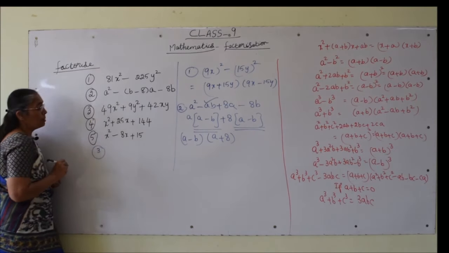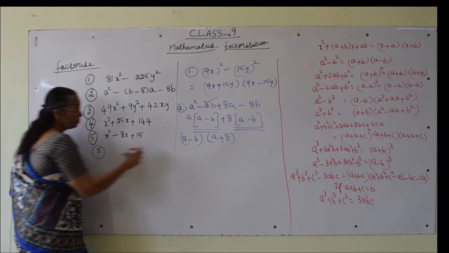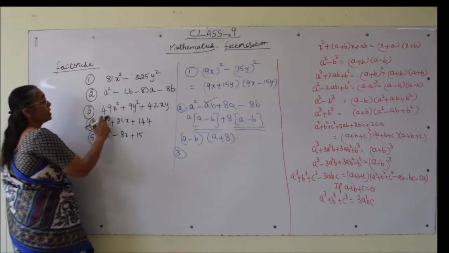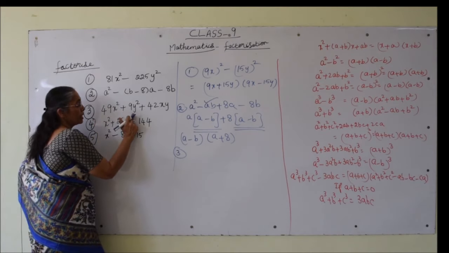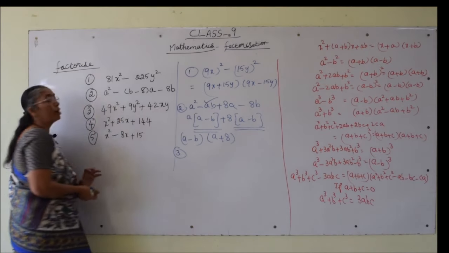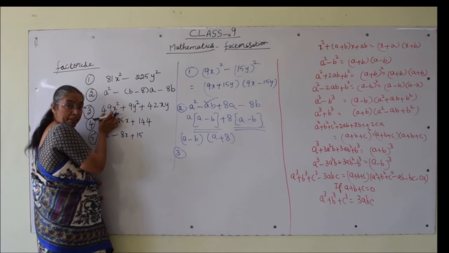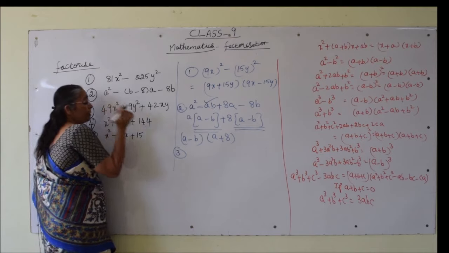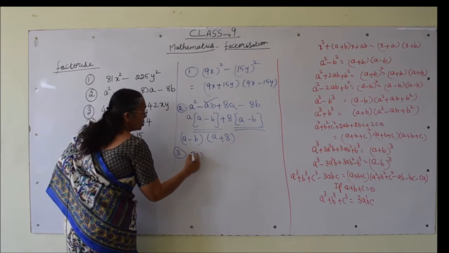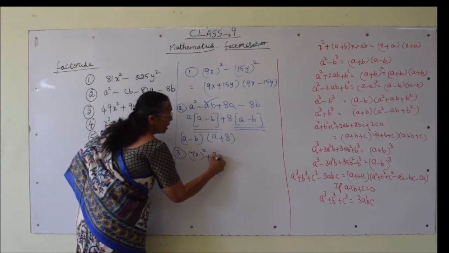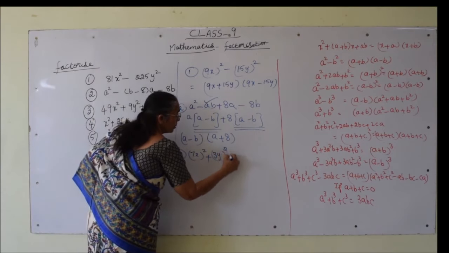Next, coming to the third problem. In problem number 3, let me do it here only. I will do the 4th and 5th here also. 49x square plus 9y square plus 42xy. We can see this first term is a perfect square. So I can write this as 7x whole square plus 9y square, which is 3y whole square, plus, now try,